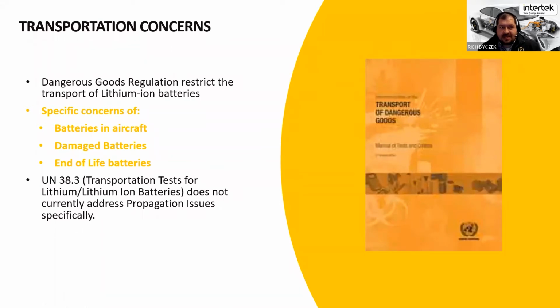It addresses some of the general temperature, electrical and mechanical trigger points that could cause a thermal runaway in transport, but it doesn't really address what happens under an actual propagation event. If it occurs, does the battery self-limit? So there is some work in several committees, either UN, SAE, et cetera, in developing methods of evaluating self-extinguishment or packaging protection for thermal runaway events, but it's really not fully addressed yet in the transportation regulations.